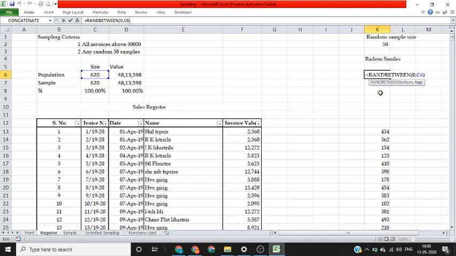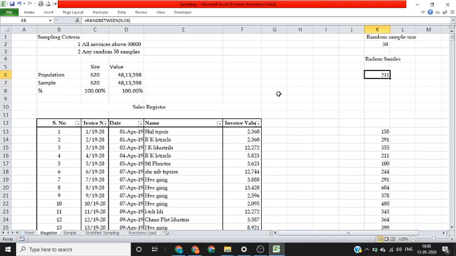It asks us to give two numbers, a bottom and a top, and it will select any number between those two numbers randomly. Our bottom number we have defined as 0, and our top number we have defined as 620, which is nothing but our population size. So this formula will give us any number randomly between 0 and 620.